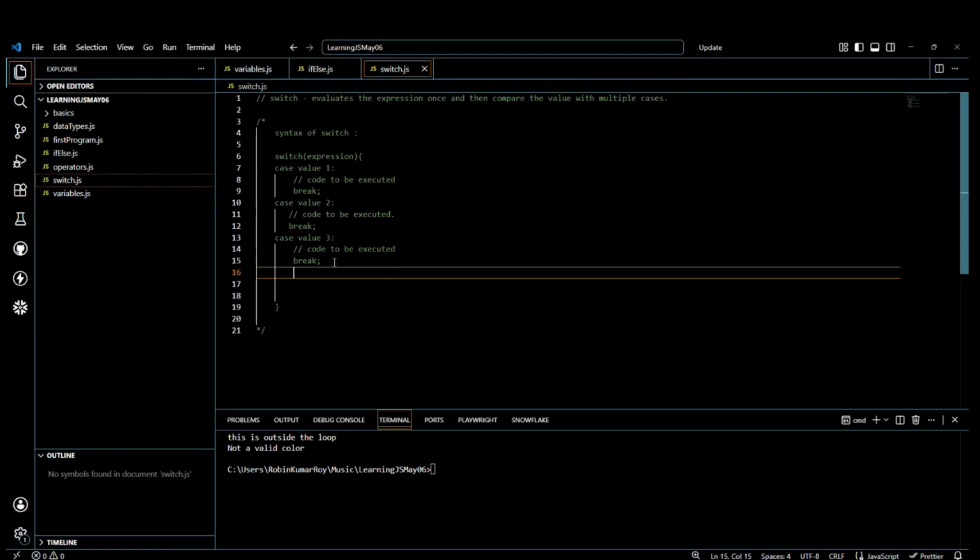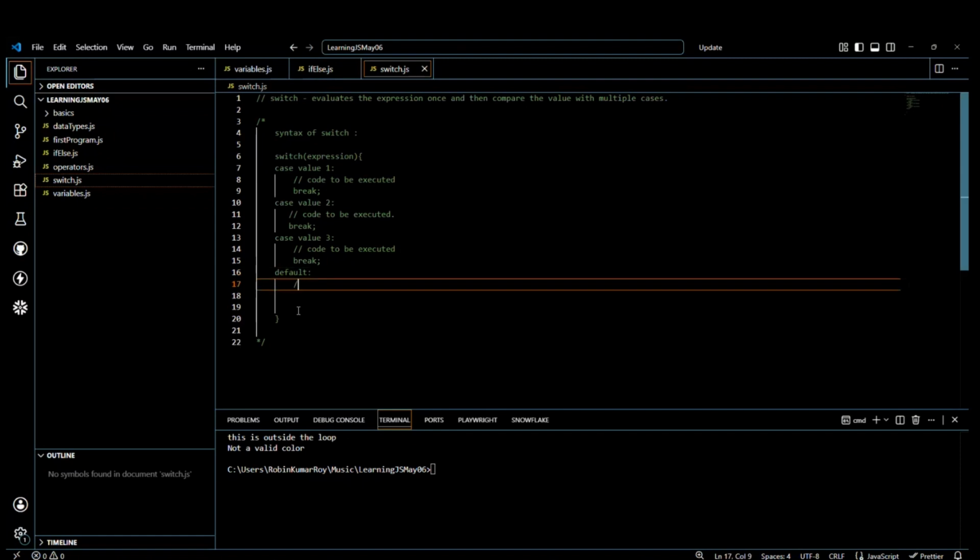And then at last, we have all the cases value. If you look at this, let me write it here. There is something called default. We'll say default, and then for default also, code to be executed, and then the bracket is closed. Now, if you look at this particular code, if you look at clearly,